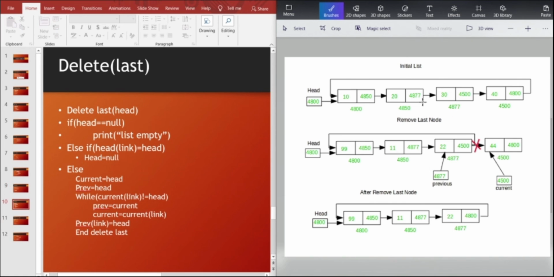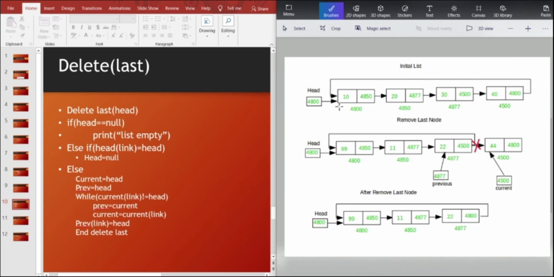And now we are going to see how the delete last algorithm works. So this is the initial circular linked list, and let's look at the algorithm. First we check whether the head equal to null. Here head is not equal to null, and then we check whether head of link equal to head.